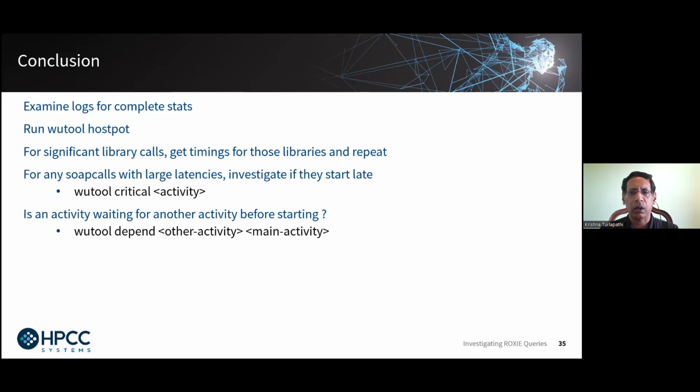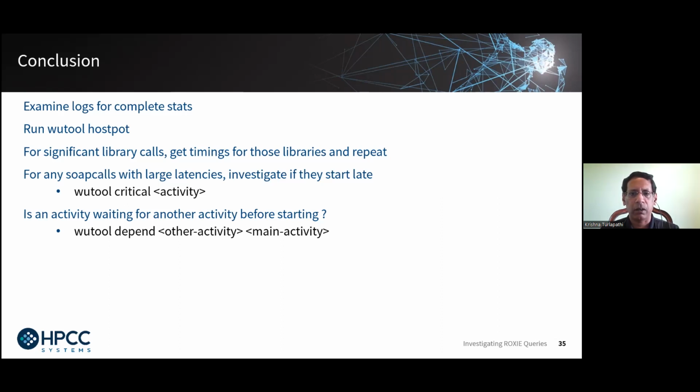Then run the Woo tool hotspot to identify the hotspot in the query while it is running. For library calls, get the timings for the library to see if that is impacting your query performance. Look at the SOAP calls to see if they're starting late. Is your query waiting for the SOAP call to complete, or is it waiting for something to happen before the SOAP call is executed, which might impact your query performance? Look at the activities to see if they are waiting for other activities to complete before